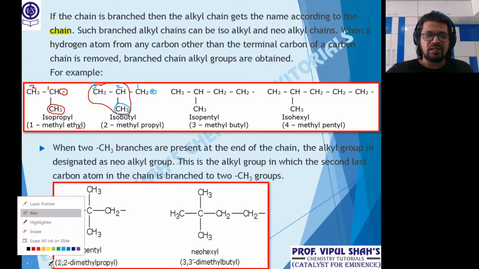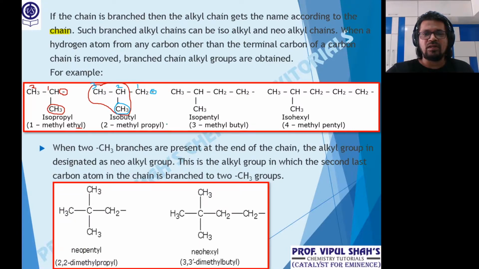Then next, if I have to put up over there, look at this. Again iso, because branch carbon is attached to 2 methyl. From where it is branched. So look here like this. Please see the slide. 1, 2, 3 and 4. So from where it is branched or from where one valency is short, because this is going to be attached to the main chain. So this will be 3 methyl butyl.